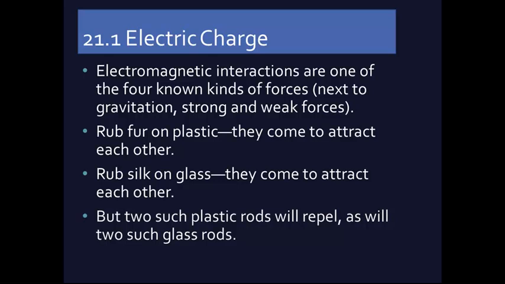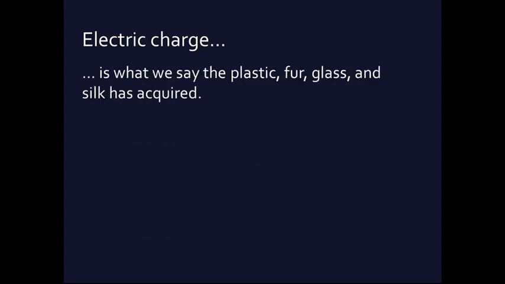Even though the plastic and the fur will attract each other, if you take two plastic rods, normally the plastic rods don't do anything. But if you rub fur on two plastic rods, then the two plastic rods will push away from each other. Similarly, if you rub silk on two glass rods, the two glass rods will want to push away from each other. This is because of what we call electric charge. They've taken on a charge. Electric charge is what we say the plastic, the fur, the glass, and the silk have acquired, and some of them